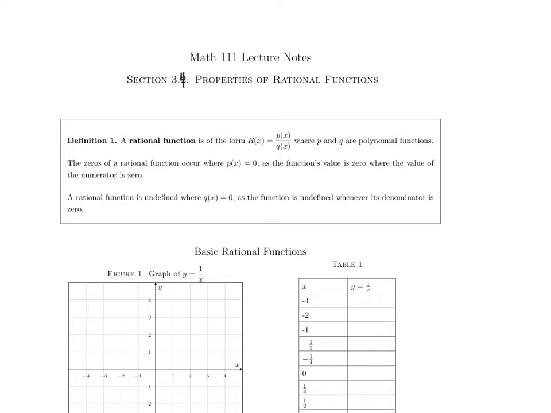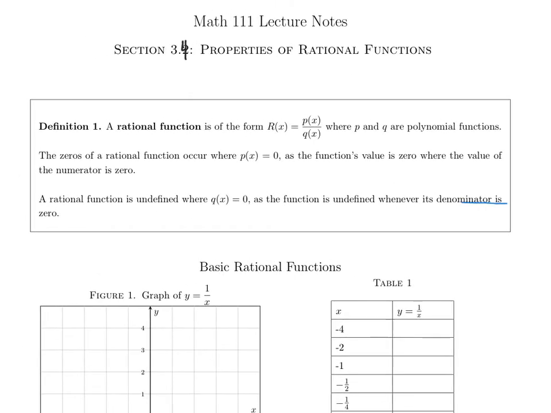This first box right here tells us what a rational function is, and it's essentially one polynomial over another polynomial. Now, the zeros of a rational function occur when p of x is equal to 0, as the function's value is 0 when the value of the numerator is 0. That was the word 0 several times, so I'm going to rewrite that in words that we may be able to understand. So the zeros